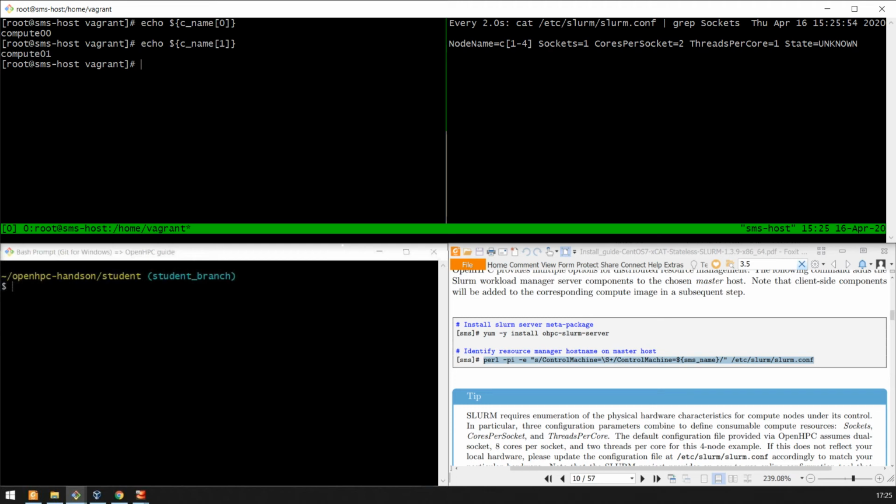We're running 2 compute nodes in this lab. They're defined as C_name 0 and C_name 1. These resolve according to the setenv file to compute 00 and compute 01, and not C1, 2, 3, or 4. We'll do this using Perl. Again, we'll search for node name is equal to C. Now it's a special character, so you need to break it. We'll replace it with node name equals